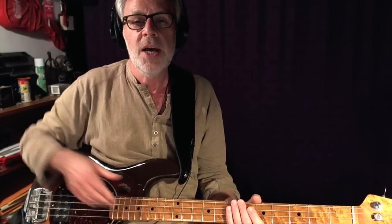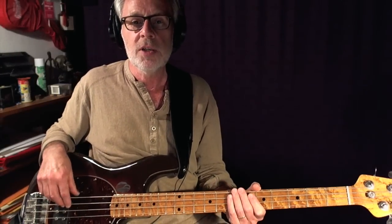Hello and welcome to this session on how to create, modify and develop your bass grooves by controlling your note lengths. The first thing you need to be able to do is just count quite evenly, such as 1, 2, 3, 4, 1, 2, 3, 4, and then be able to hit the strings or strike the strings on any